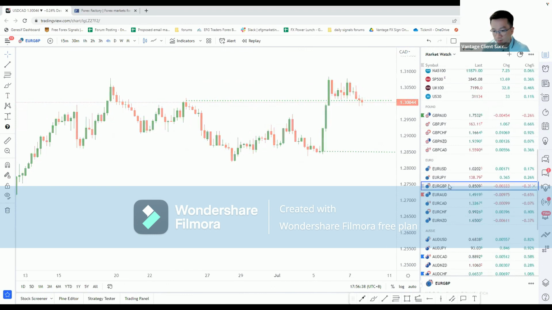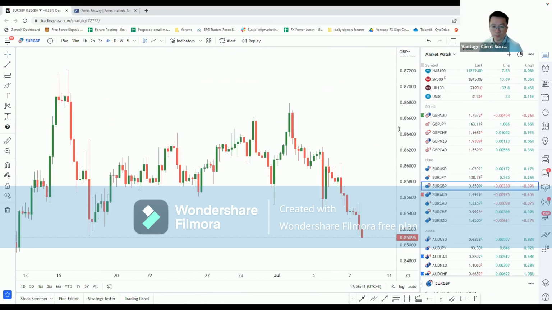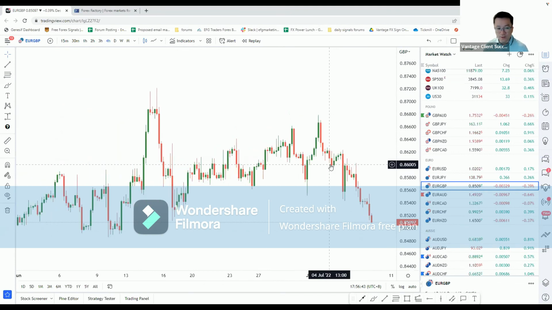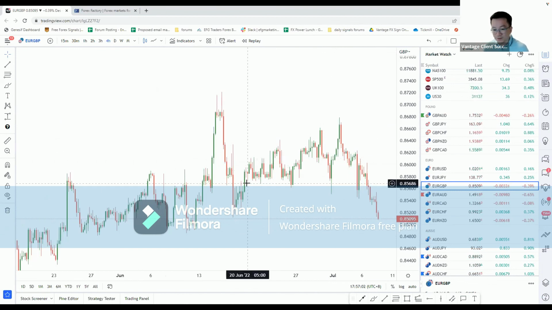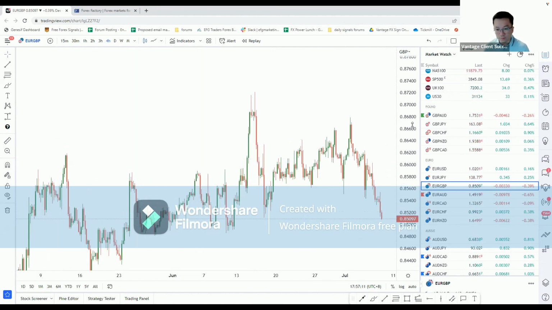Last pair, Euro Pound, right? So why Euro Pound is because we've seen the euro dropping so significantly. We've seen the euro dropping, now looking at a possibility of parity. We've seen the pound dollar dropping, but staging some sort of a recovery right now. What you could be looking for here on the euro pound is possibly further downside, especially as it approaches this 0.85 support level. You can see that if I zoomed out, move this down a little bit,